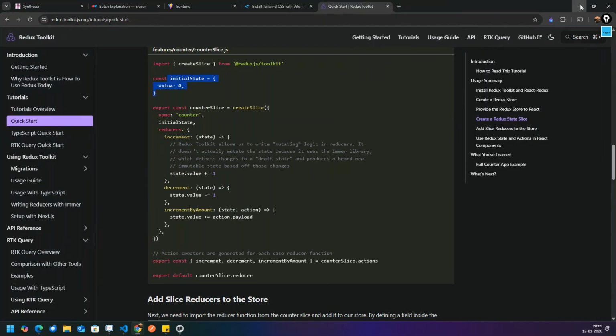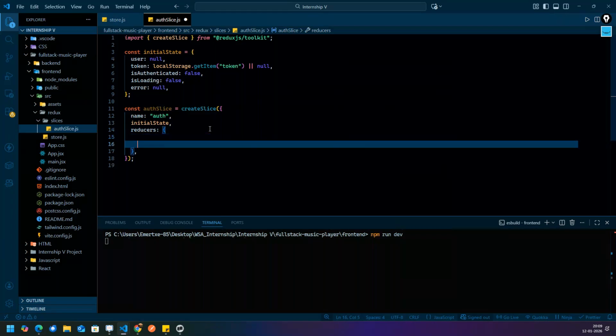Fine. So the first reducer is to keep the loading state true when we are clicking on the APIs, or when we are clicking on the sign up button, login button, logout button, like that, or when it is taking time to fetch the data. At that time we have to make the loading state true.